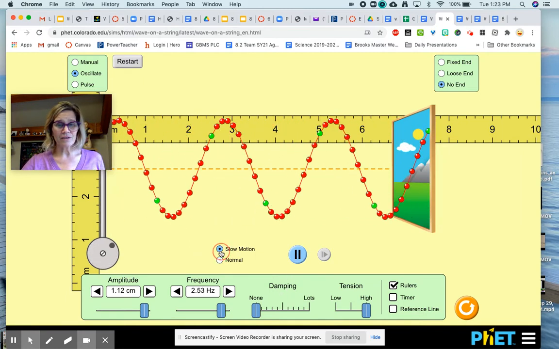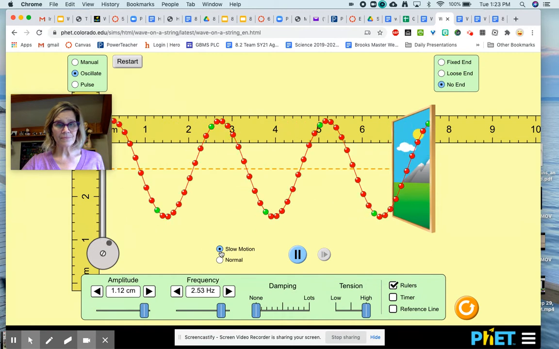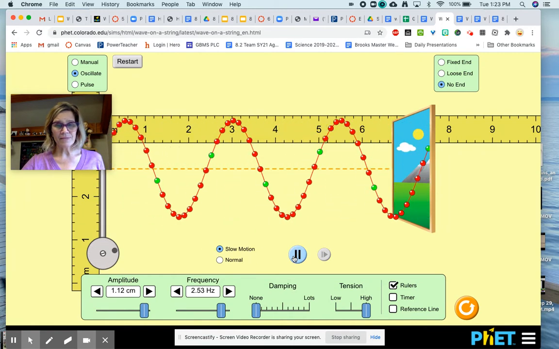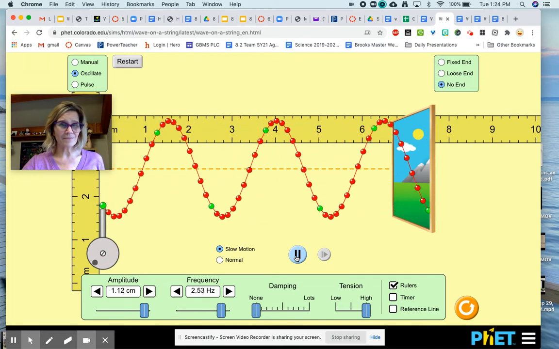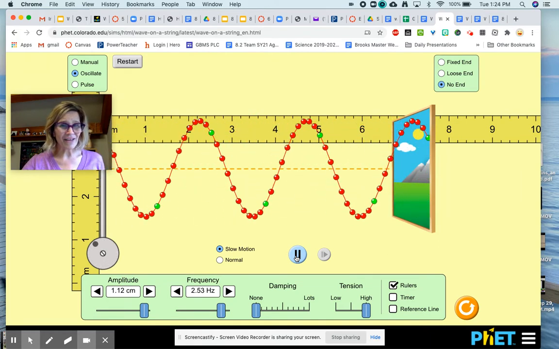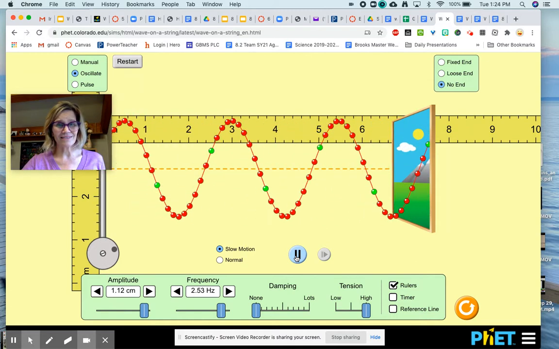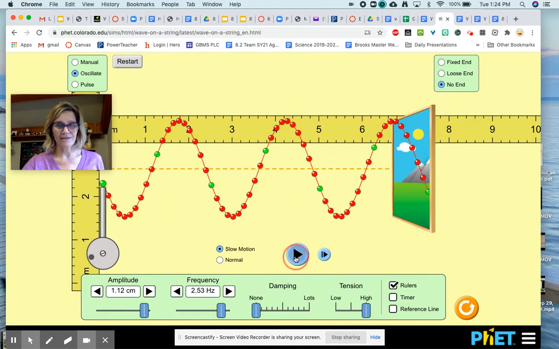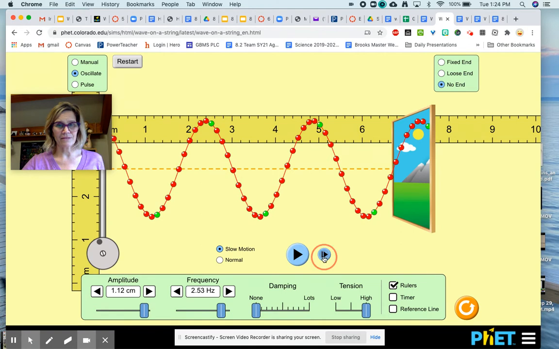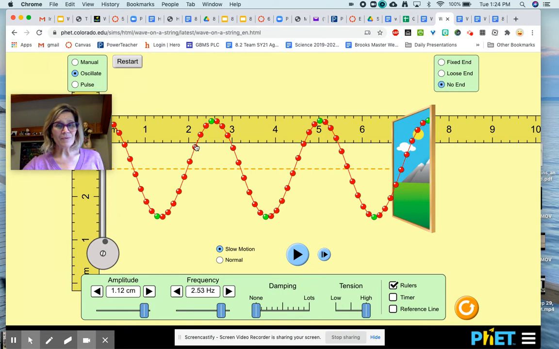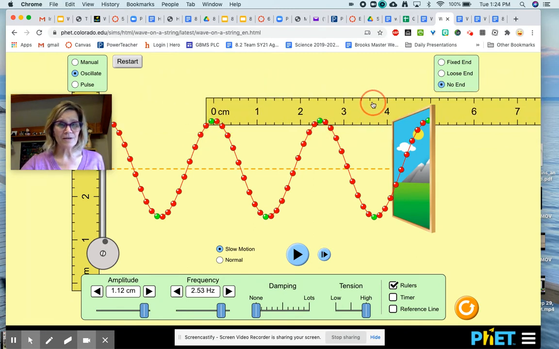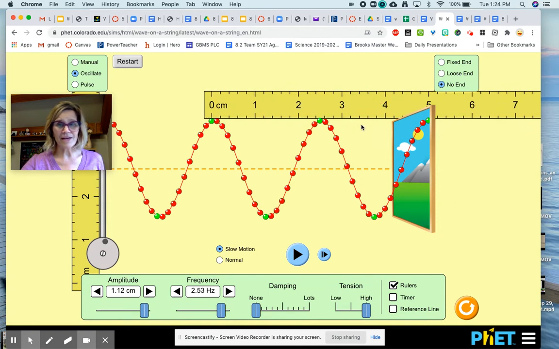You can put it in slow motion. Sometimes I like to put it in slow motion and then stop it when the green marker is at the top, if I can do that, which I usually can't. So, yeah, but you can make it kind of go. There you go. So if you stop it so that the green marker is at the top, then you can just put this up here, put the 0 centimeter there, and this here,